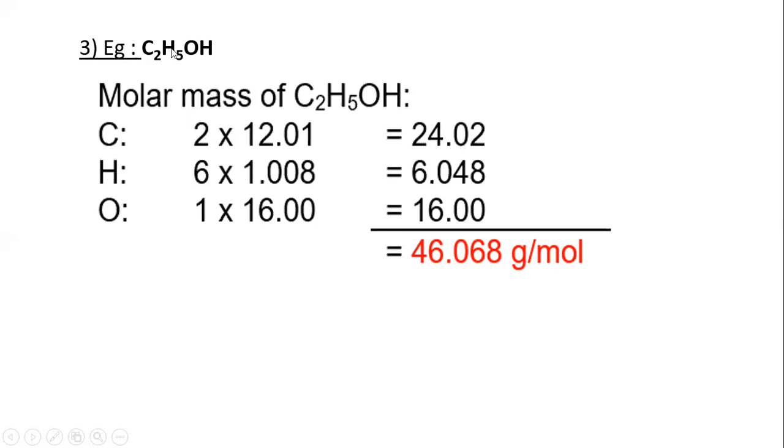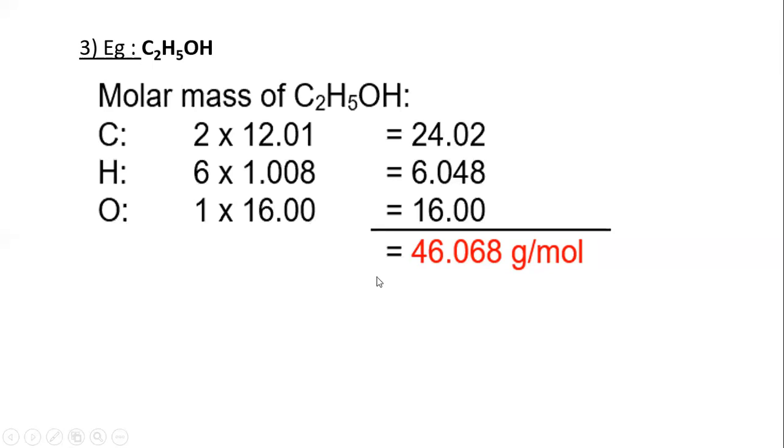Now hydrogen, here 5, here 1 hydrogen, so 5 plus 1, 6. So 6 into 1.008, which is the atomic mass of hydrogen that I showed in the periodic table, right? On multiplying this, we get one answer. And again oxygen, here oxygen has no number, which means it is considered to be 1. So now 1 into 16.00, which means we'll get 16. On adding all those together, we are getting 46.068 gram per mole, or simply u or AMU.